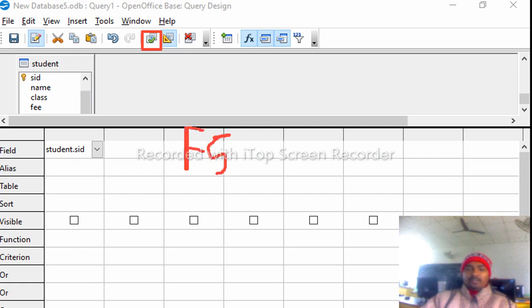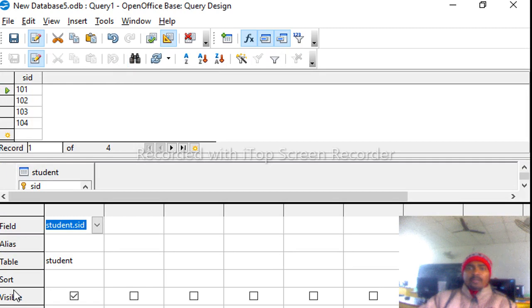Now click on this command to get the output. We can see here this is the output of the query. SID is displayed only. Okay, this is the output. Now next point, I want to display the SID field and name also.